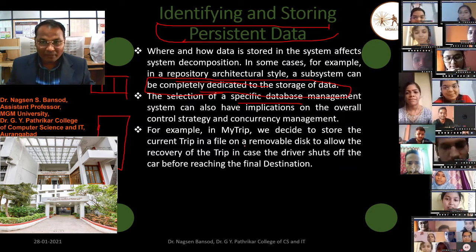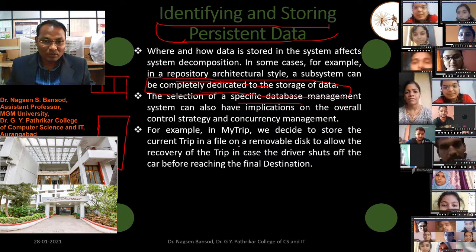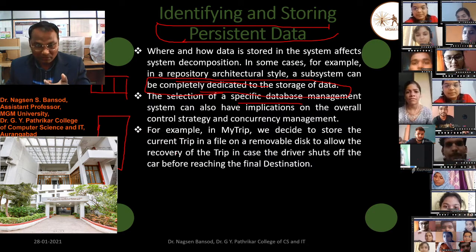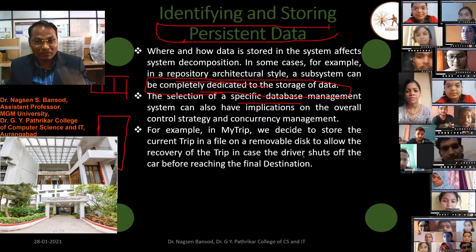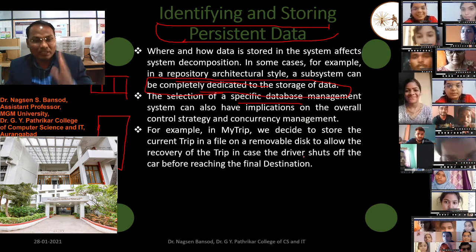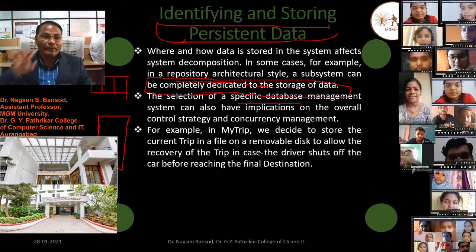To find out that information, we look at the hard disk for the current trip information to recover the trip where the driver stopped their car. That information we have to find from the hard disk.